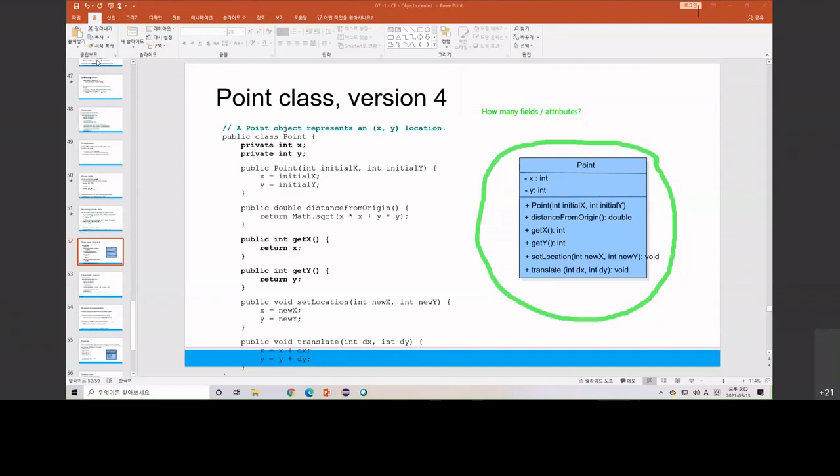Taegyudong? Yes. Okay, so how many fields or attributes in this Java class? 2. Okay. So we have 2, which is X and Y. Thank you, Taegyudong. So it's not 4. I don't know how you can get 4. So this has only 2 attributes, X and Y. Okay. Now,